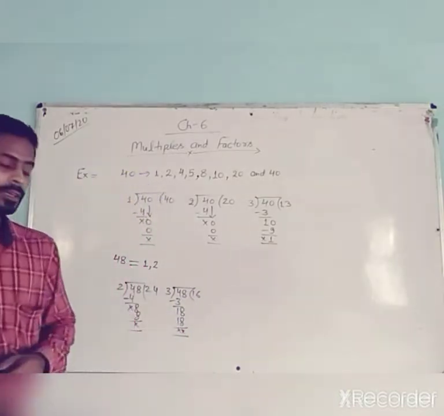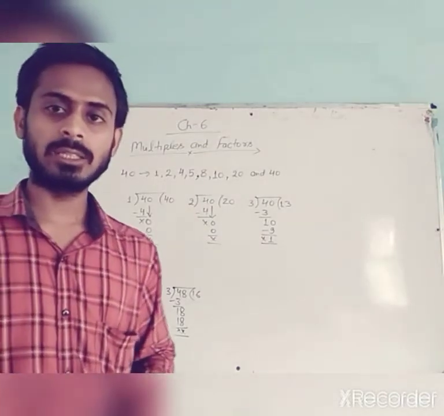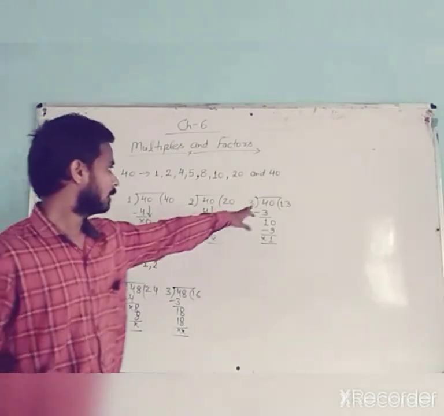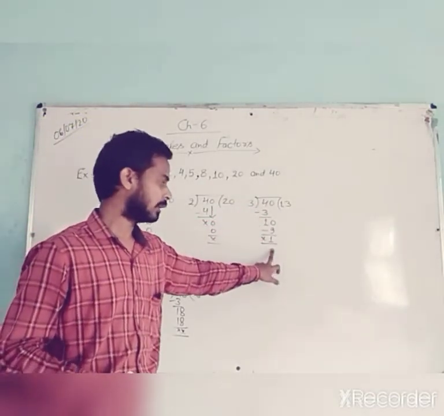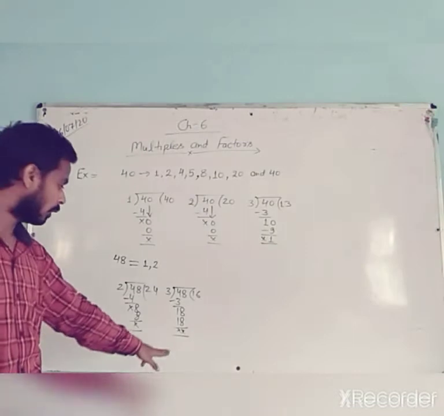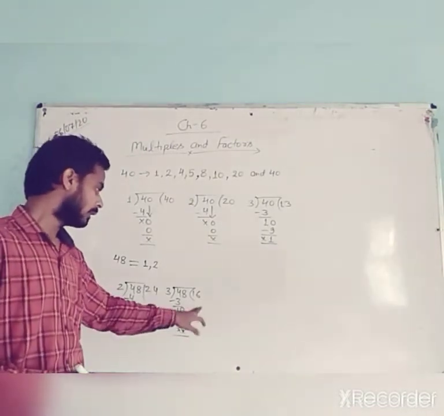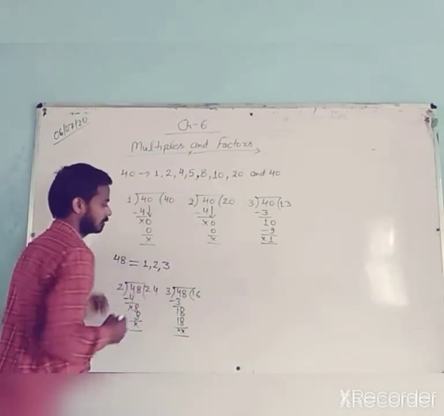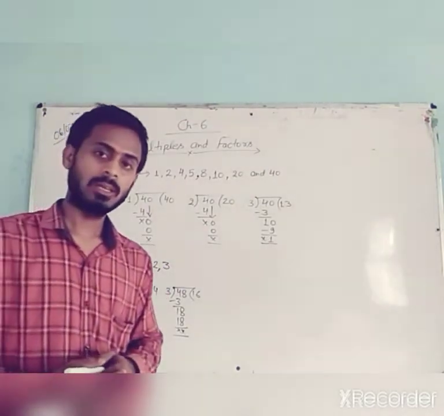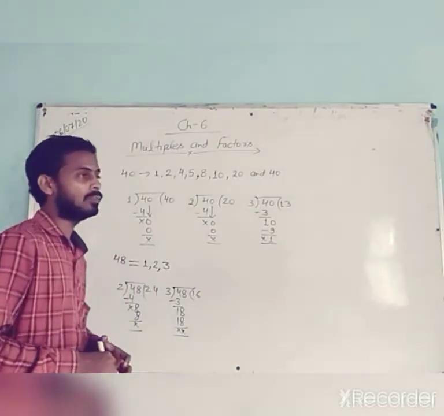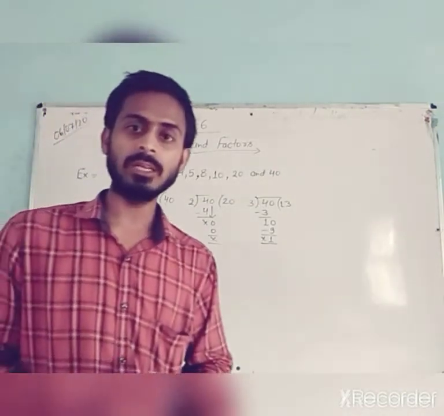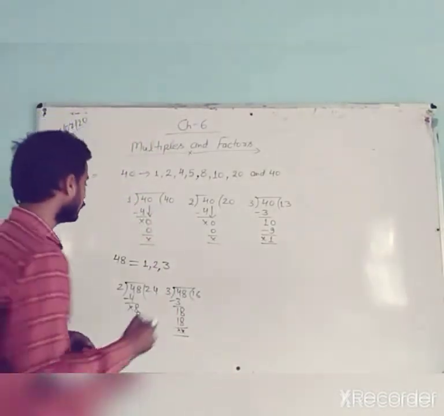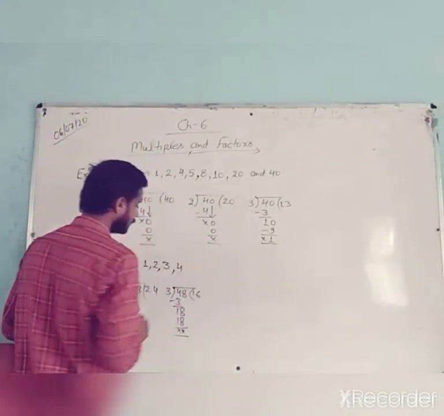See, again 48 is divided by 3 completely without leaving any remainder. See, when we divide 40 by 3, then we have 1 as remainder, but in this case we have 0 as remainder. That is why 3 is a factor of 48. So write here 3 also. Clear? Now 4. 12 4s are 48. You know that 4 multiplied by 12 equals 48. It means 4 is a factor of 48. So you can write it directly.